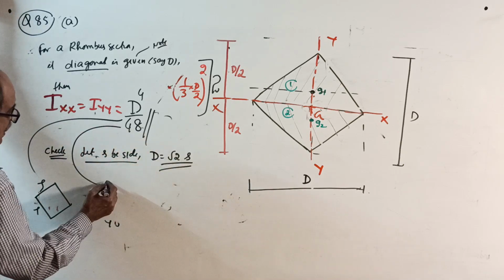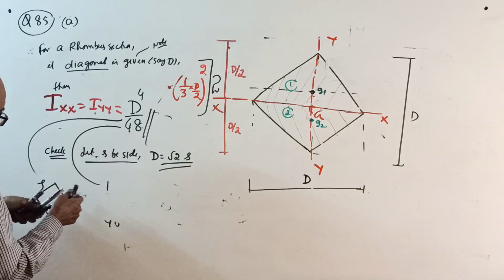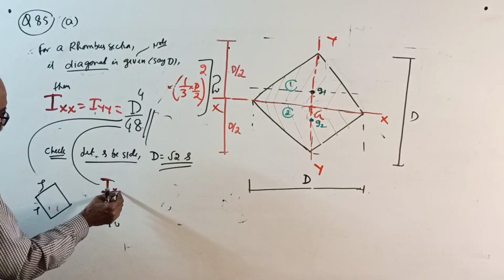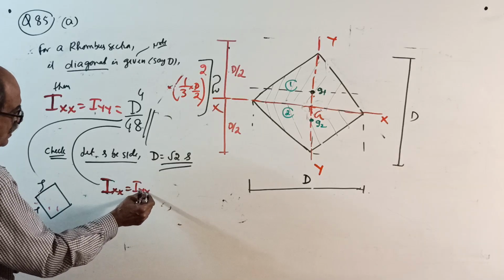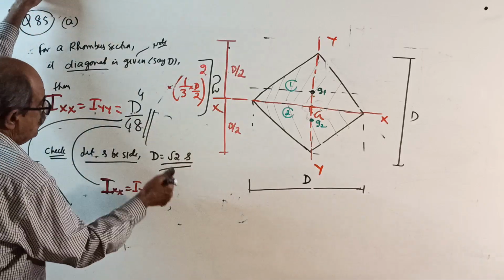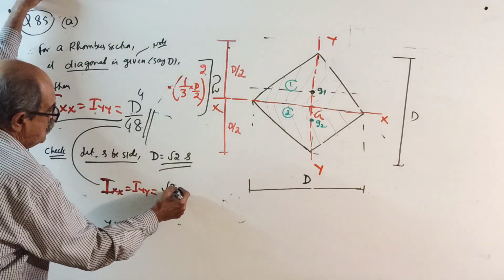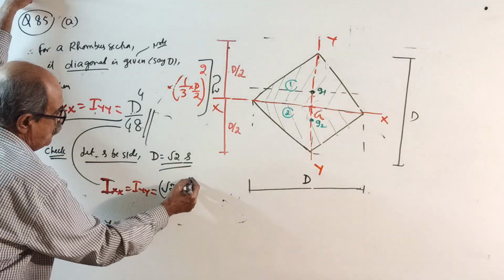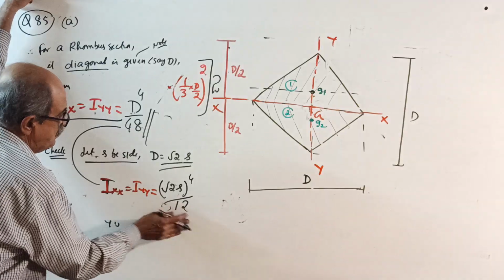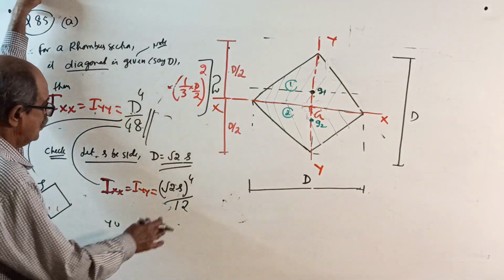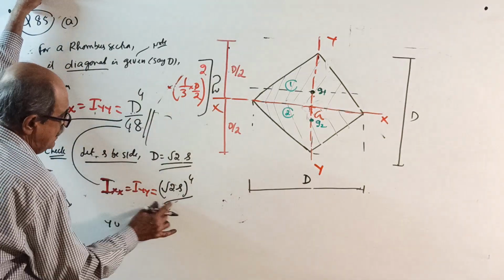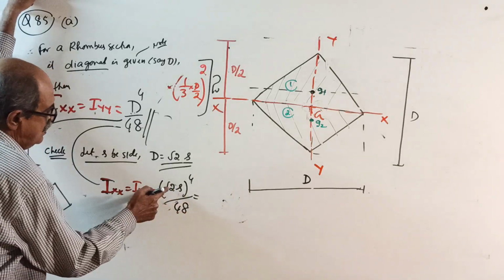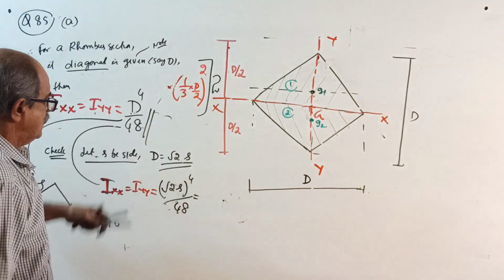then your moment of inertia answer is your Ixx, Iyy will be, check the answer. Actually, checking not required, it will come. Ixx, Iyy is D equal to root 2s, see, root 2s power 4 by 12. Just now we got. By root 2s power 4 by 48 as per this formula,